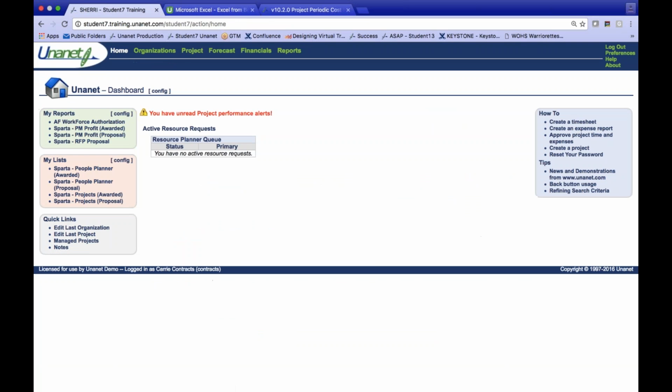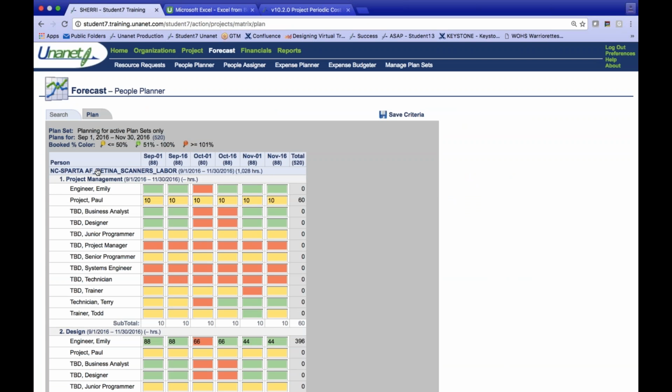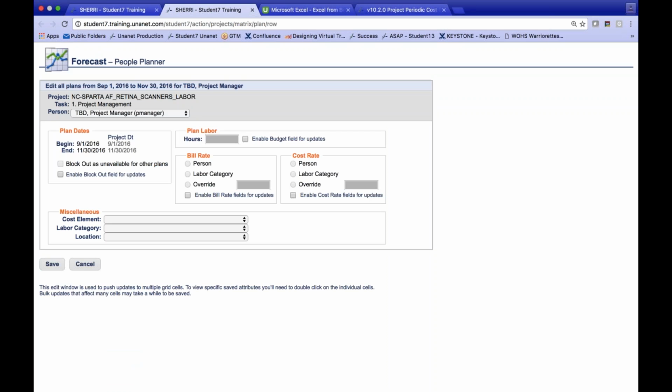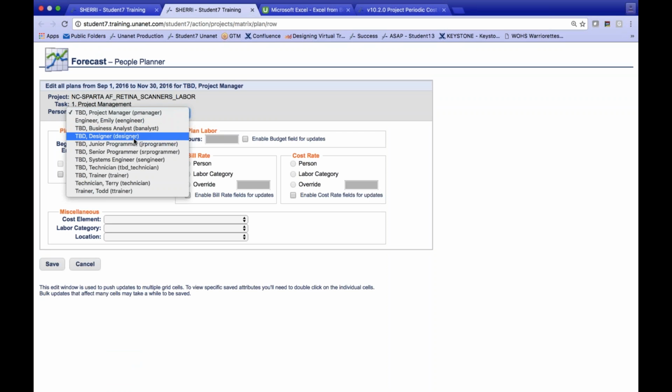So on Curie Contracts Dashboard, I do have the people planner of the awarded people. The key here that I wanted to show or let you know about is when you're transferring your plans from your TBD person to your actual person, the key is to have both of those in the grid. So I probably initially had my project manager with those hours here in 10-10-10, and I was able to just click into the project manager, select the other person that I wanted those hours to go to. In my case, it was